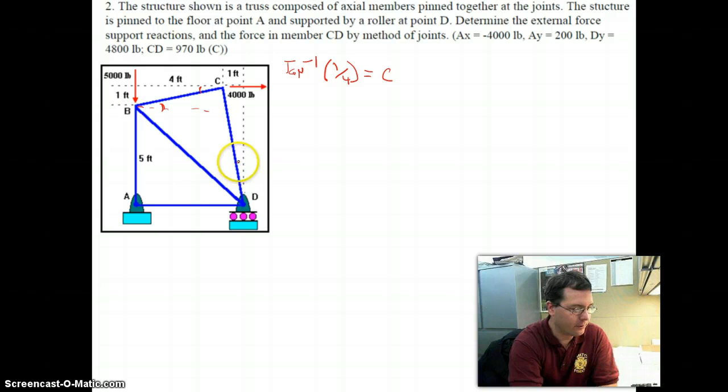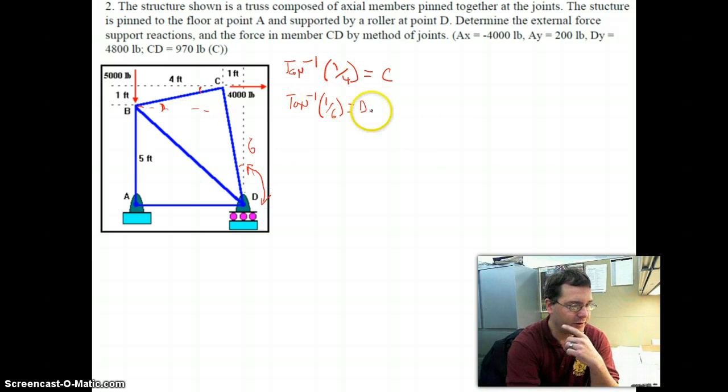For component CD, I'm interested in this angle. And if I think about this angle, again, I have this adjacent side, which is 6 feet long, right? 5 feet and 1 foot. And I have this opposite side that's 1 foot. So if I think about angle D, I can get that by saying that it is the arctangent, or the inverse tangent, opposite over adjacent, 1/6, equals angle D. Now, if I think about the heading of this component, it is actually 90 degrees plus that angle. So if I redraw these two components,